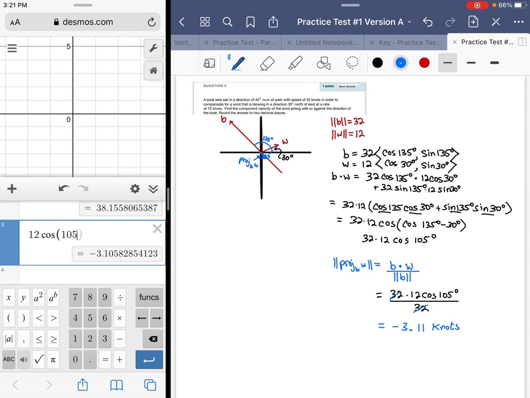All right, so this is actually pulling a little more than 3 knots away from the potential speed of the boat. And that's just because of the wind, which is blowing at 12 knots, so it's not fully impacting in the negative direction the speed of the boat, but it is having some